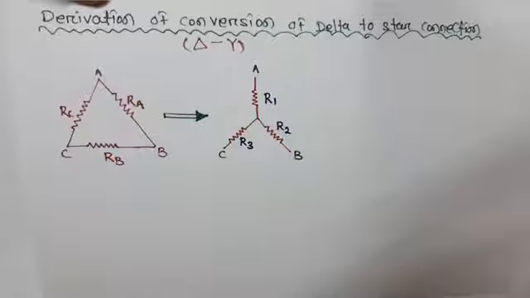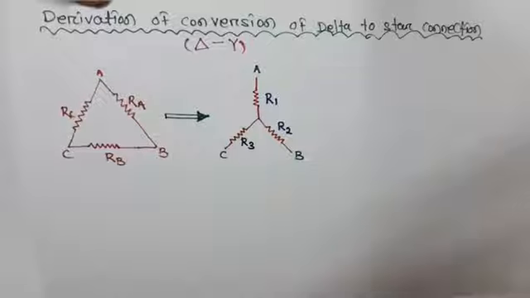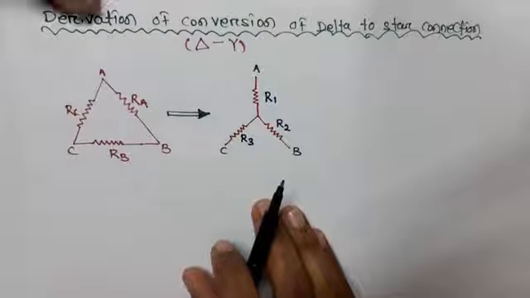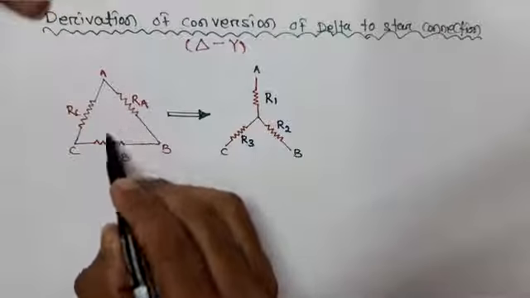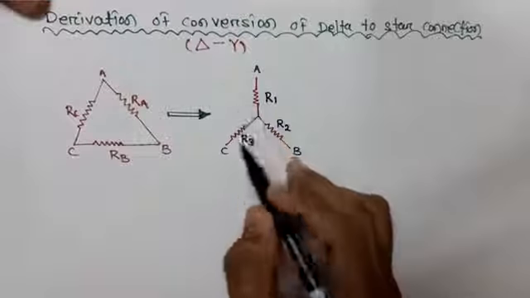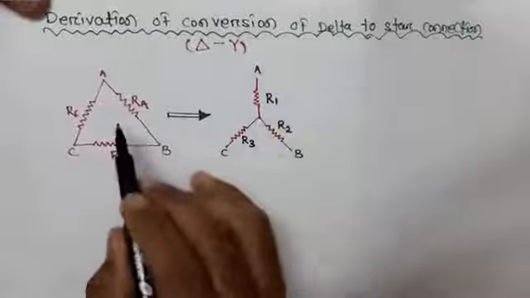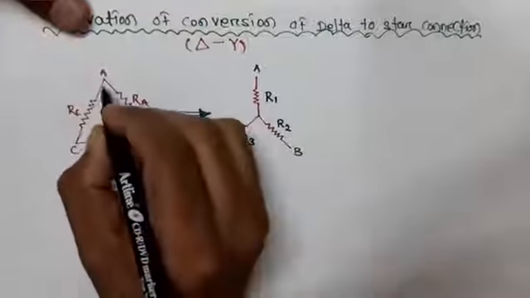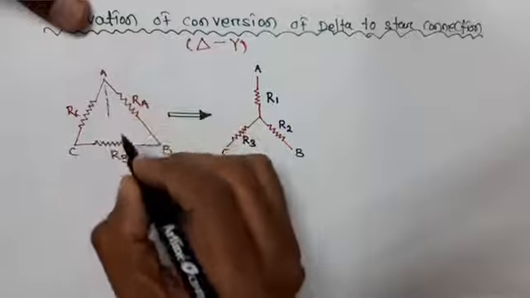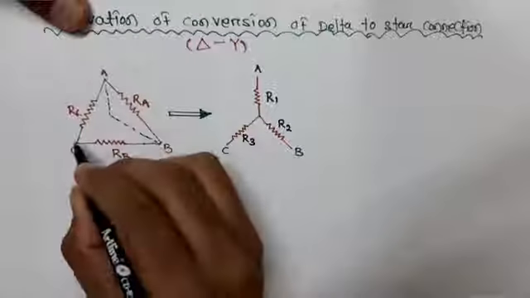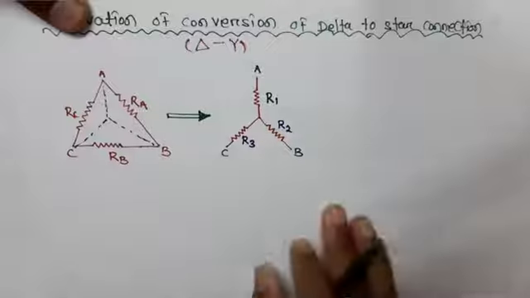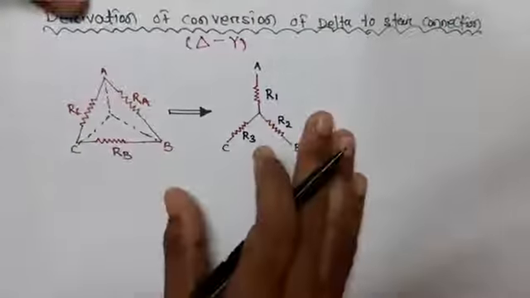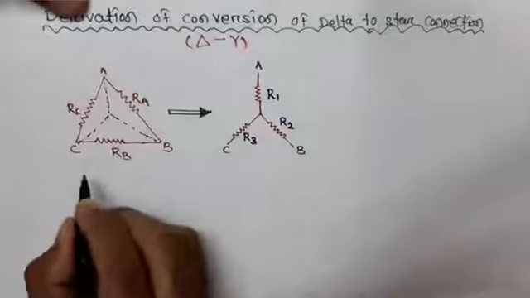Today we are going to discuss how a delta equivalent circuit can be converted to a star equivalent circuit. Here the delta equivalent circuit is there and this is the star equivalent. We are going to convert this delta to this star. If you make the star like this, with this potential, first, before deriving this delta to star, first write